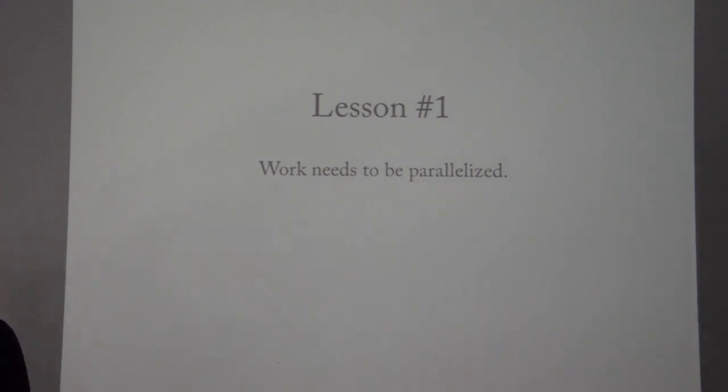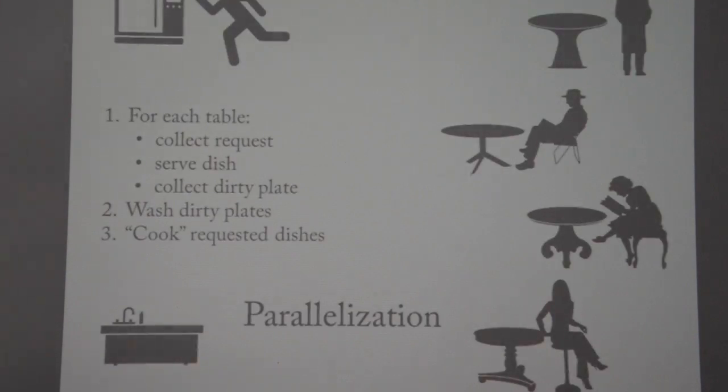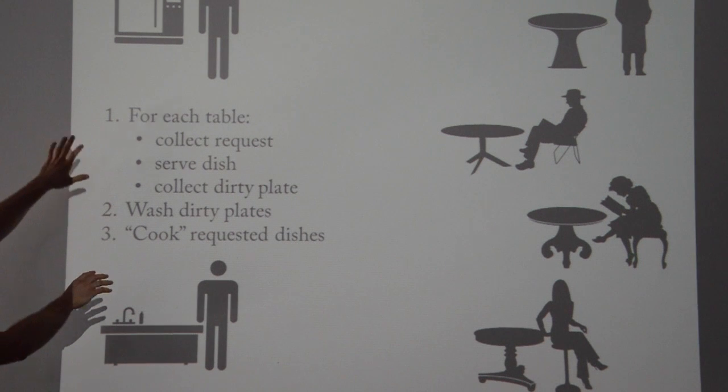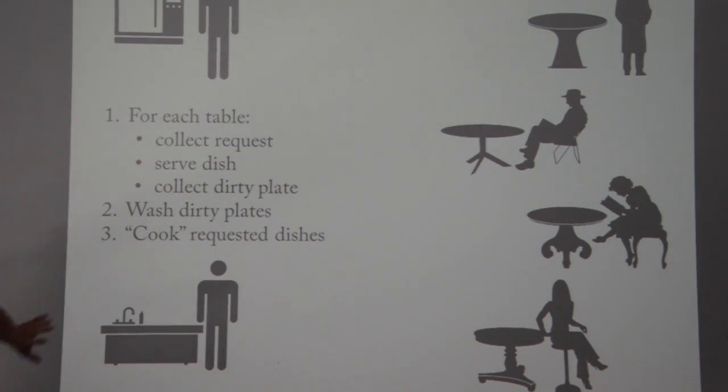Well, in restaurant management, they say that work needs to be parallelized. It means that you have to take several workers and make them work at the same time on different tasks. And this is exactly what these workers decided to do. So another worker came along, and then they decided, let's take this algorithm, let's somehow try to spread this algorithm that we have between us so that the total amount of time becomes smaller. So this is what they did.